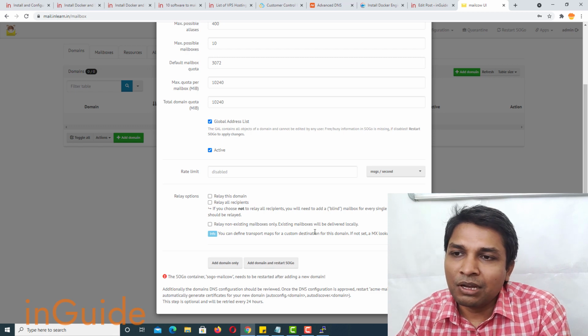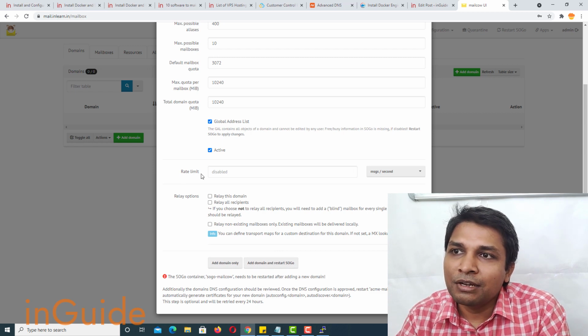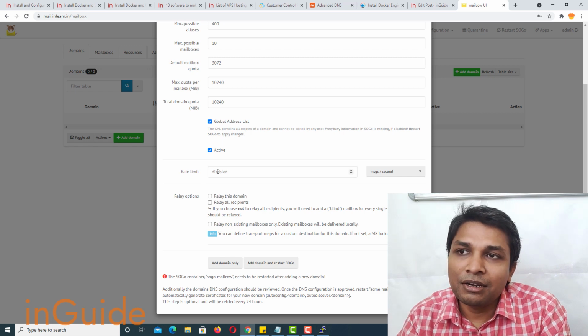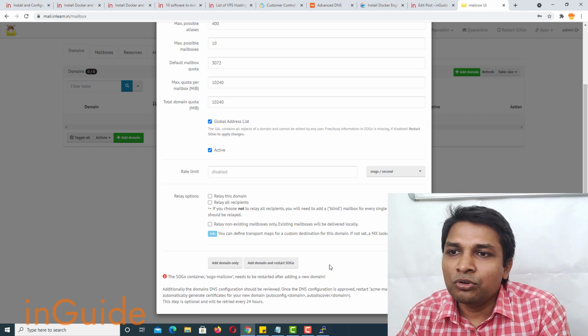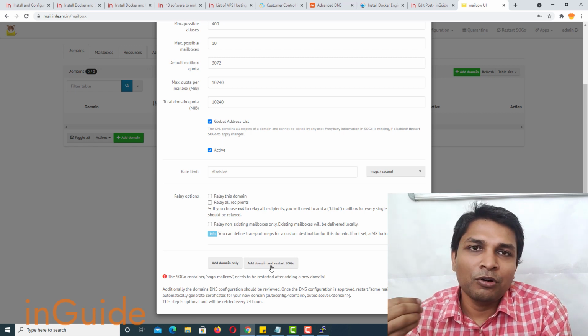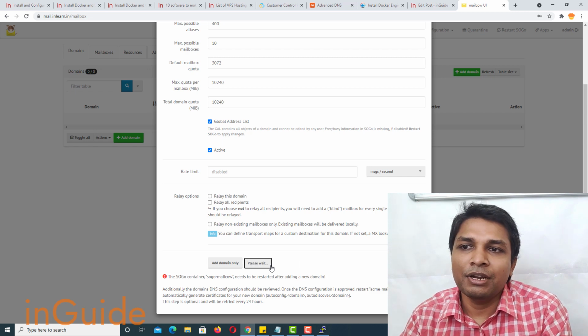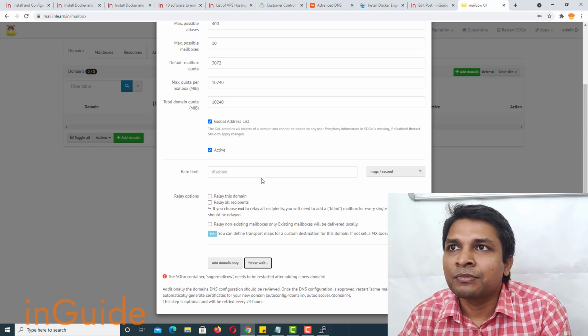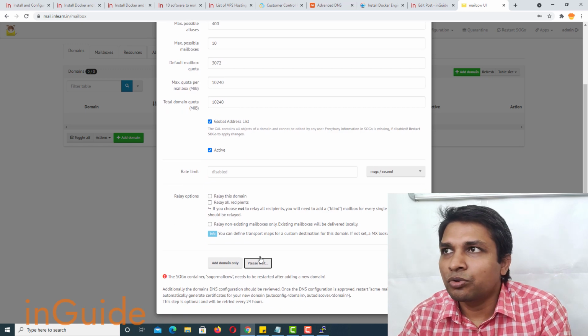Finally you have add domain only and add domain and restart SOGo. Here you can also create a rate limit for this particular domain. So I am going to leave the default settings as they are, and then I'll simply click add domain and restart SOGo. It will ask you to wait.